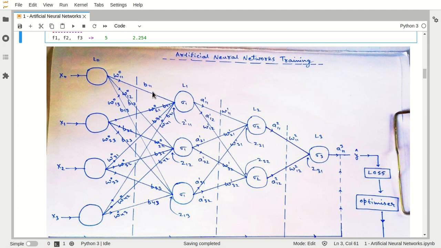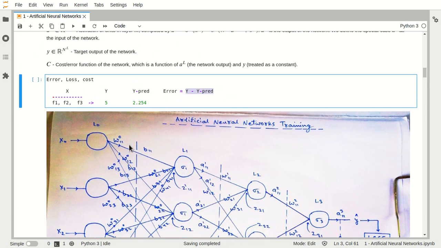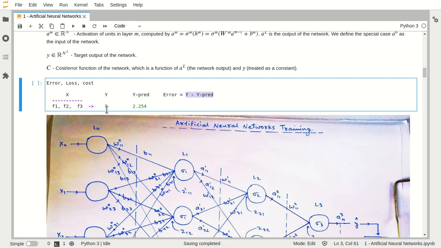So, guys, in this way we can directly say that this particular output will depend upon each and every parameter value we assign. And in the very beginning we have assigned random values. That's why we get this much difference, and this difference is known as error.